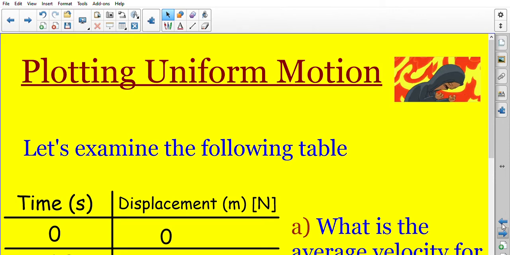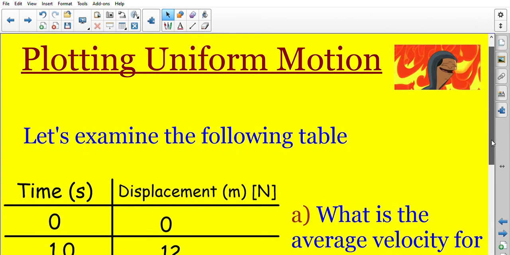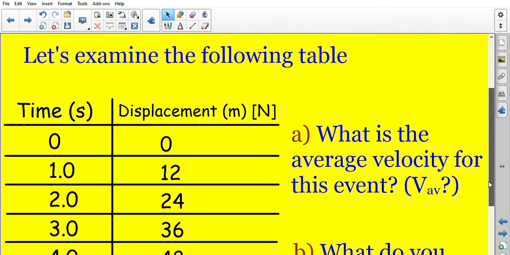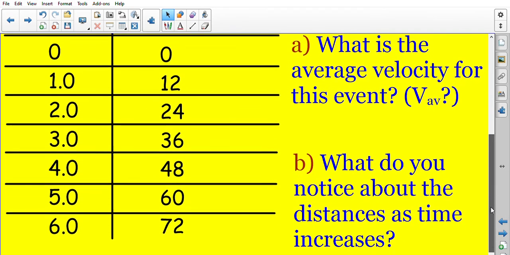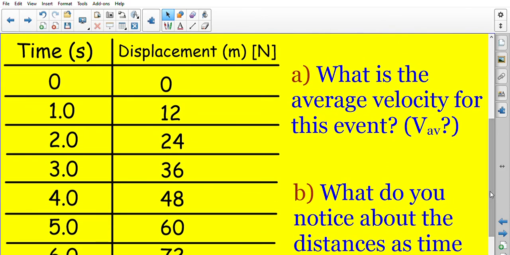All right, so plotting uniform motion. You will need a little bit of graph paper for this. And so what I would encourage you to do, examining the following table, is to start to plot some of these out. Okay, so what is the average velocity for this event? So if you were to just look at the table that's here, what would you say the velocity of that is? And so we know that velocity or speed,